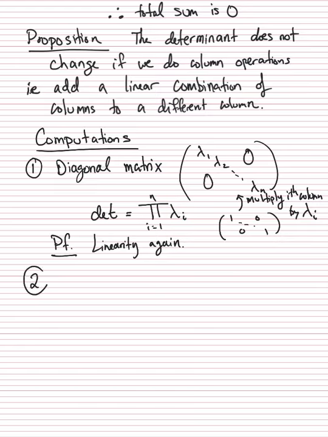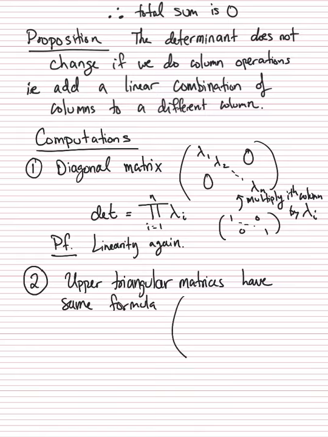It's a little more involved, but essentially a similar argument will give you that upper triangular matrices have the same formula. That is, if I put lambda 1 up through lambda n on the diagonal,